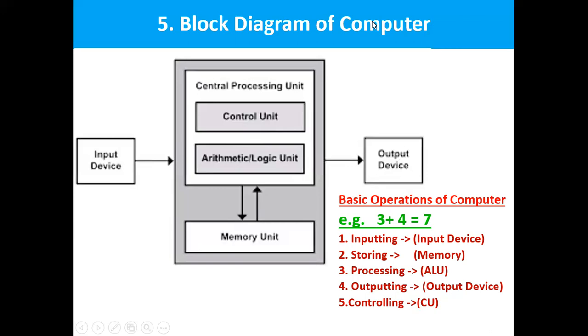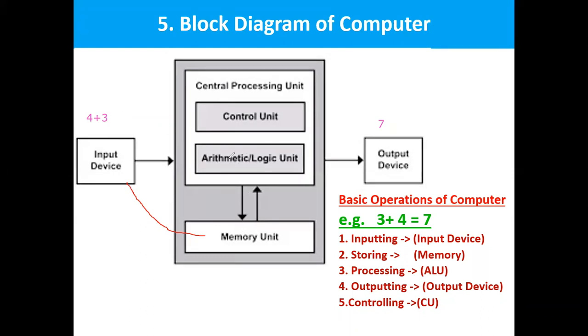Let us see an example of addition of two numbers, 3 plus 4 equal to 7. First we will get the input data from this input device. We need to add these two numbers, 4 plus 3. From this input device, we will read the numbers 4 plus 3. Now this instruction is given to the CPU. This information is stored in the memory unit, and now this operation is an addition operation. So the system is going to perform an addition operation.